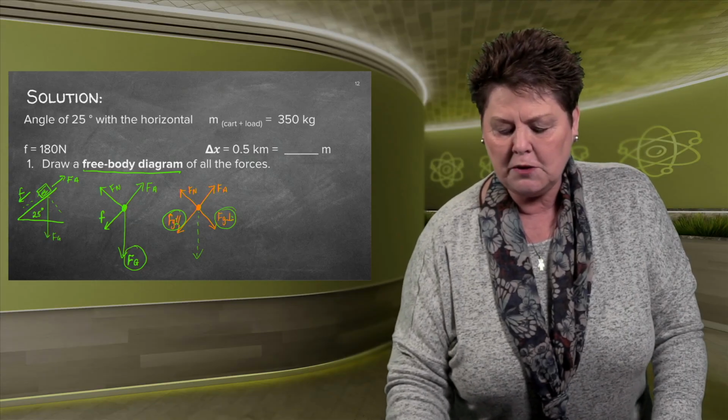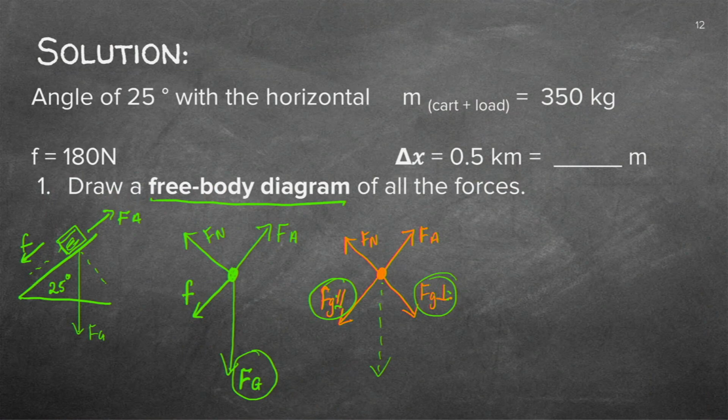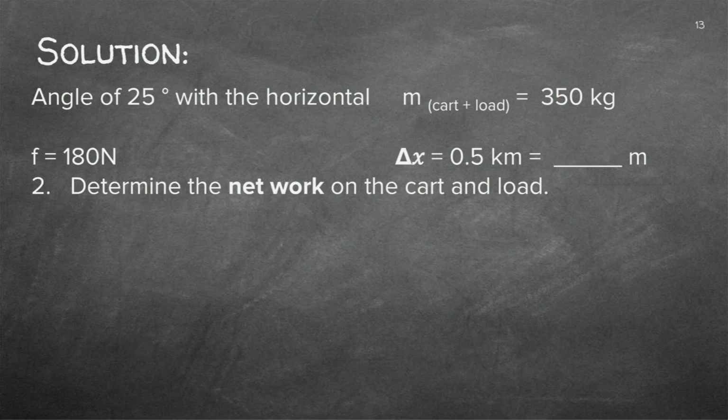Let's quickly, just because we've got it here, say if I've got 0.5 kilometers, how many meters will it be? Well, you'll have to know that that will be 500 meters, which is going to be my delta x. So make sure from the beginning that you immediately convert it, then there are no problems. Right, determine the net work. So what they're asking of me is to get the net work.